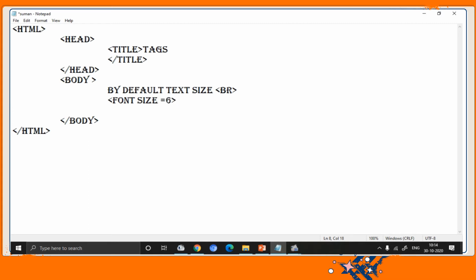And then I'm typing my text with font size 6. And then let's close this font tag. Save your program and refresh your web page, and you can see the difference. This is the size of the by default text, and this is the size after applying the size attribute of the font tag.